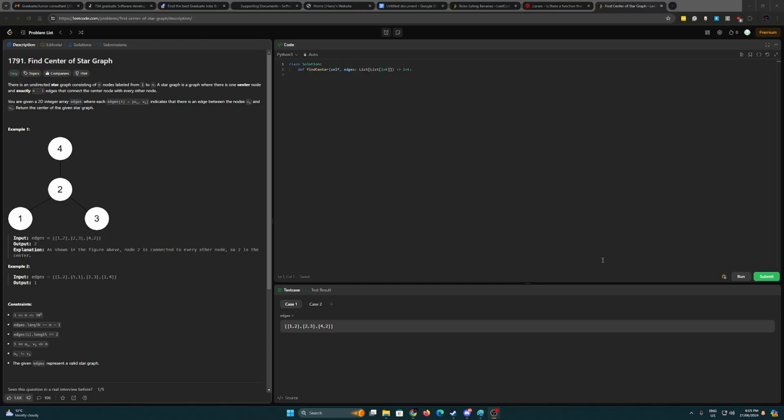Alright, I'm gonna do one more for today. Hopefully I can get this one, considering I did not get the last two. This is the LeetCode, what's it called? It's called